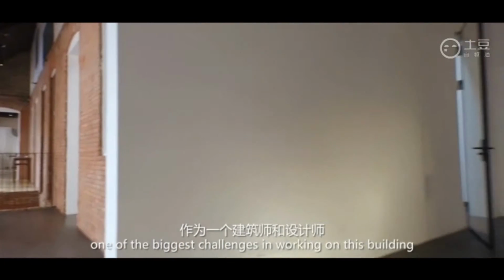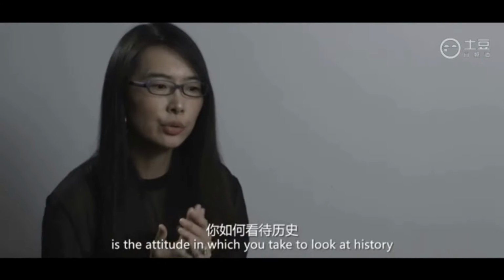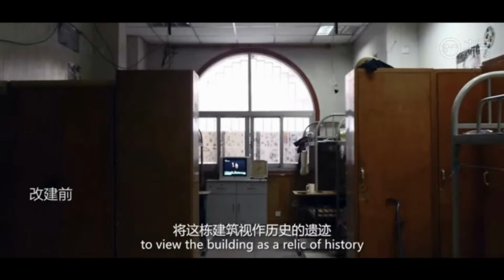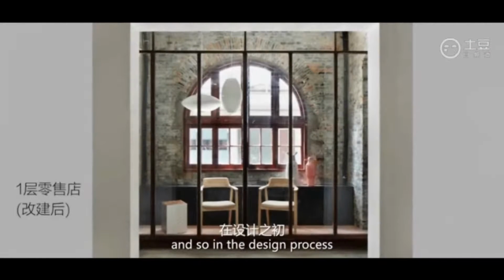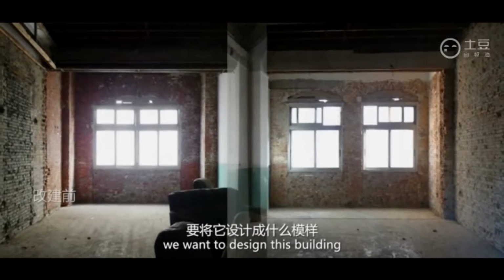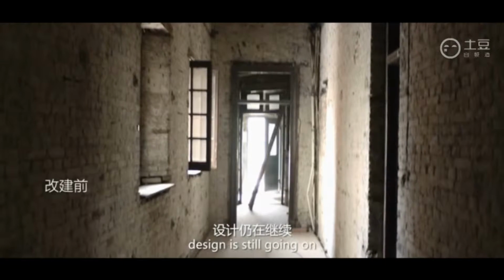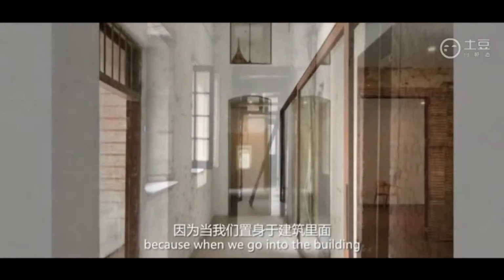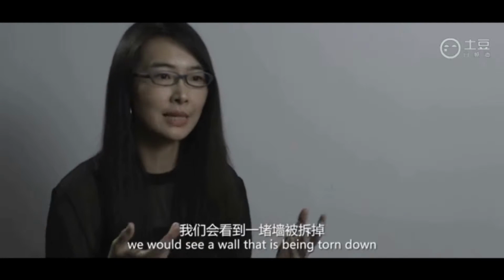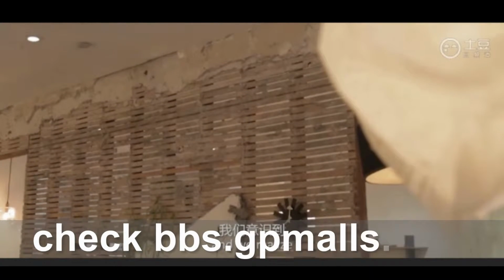One of the biggest challenges in working on this building as an architect, as a designer, is the attitude in which you take to look at history, to view the building as a relic of history. And so in the design process, of course, we have our vision of how we want to design this building. But during the construction process, design is still going on, because when we go into the building during demolition, for example, we will see a wall that is being torn down, maybe halfway torn down,